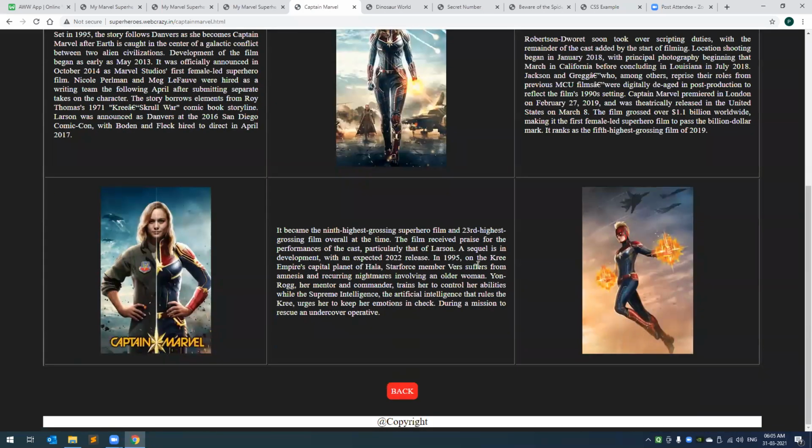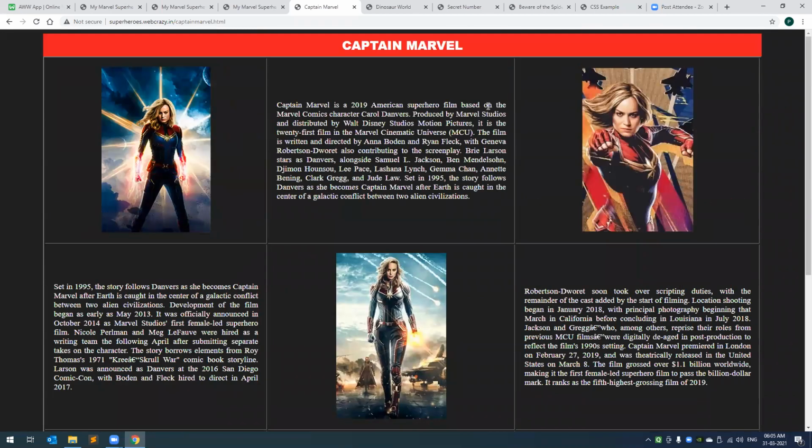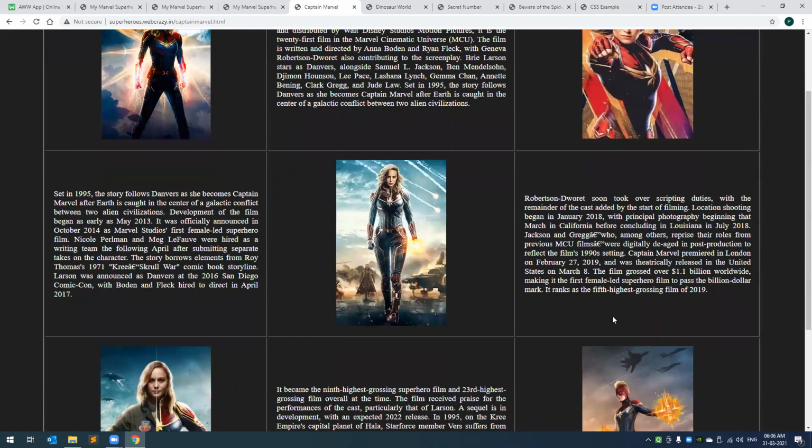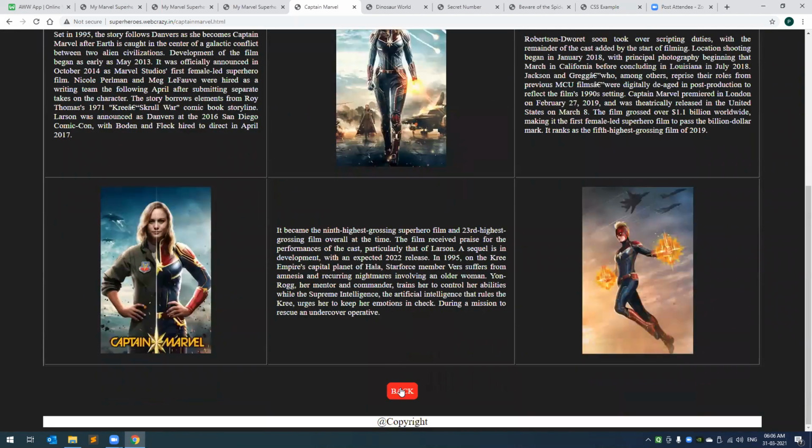Now, my favorite part of the project is this. When I take my cursor over the image, can you see the image becomes black and white? And when I move my cursor out, it becomes colored again. We again create this effect using JavaScript in this file. All right, so this is our first project.